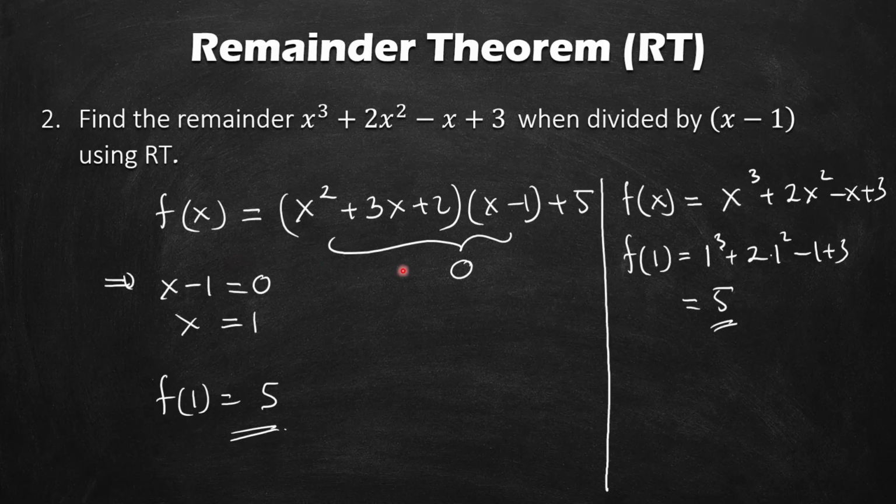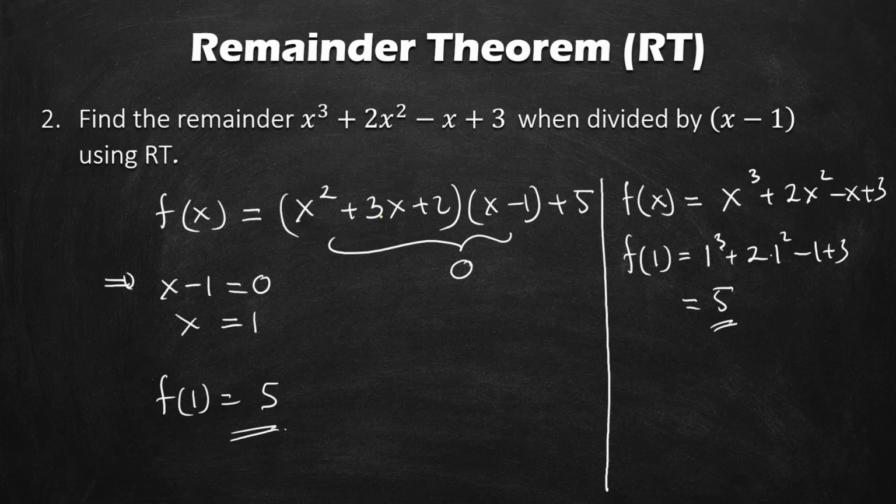So the difference is that this form here is in remainder theorem form. It means that we use this one as a concept to explain to this one why if we choose x value equals to 1, then we can find the remainder. The explanation is we are using this one.